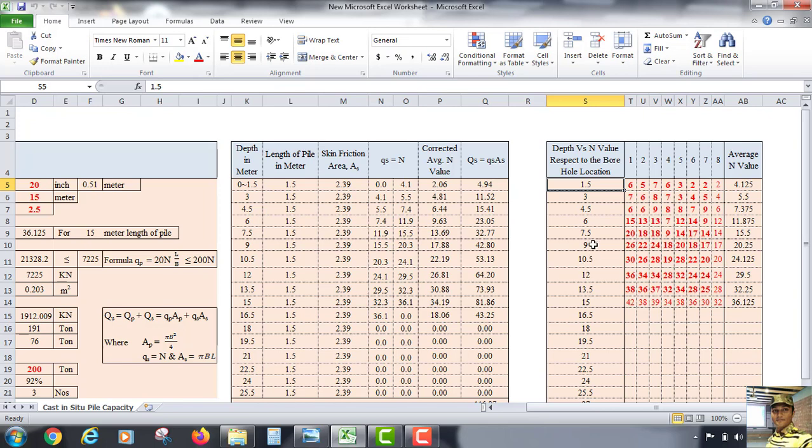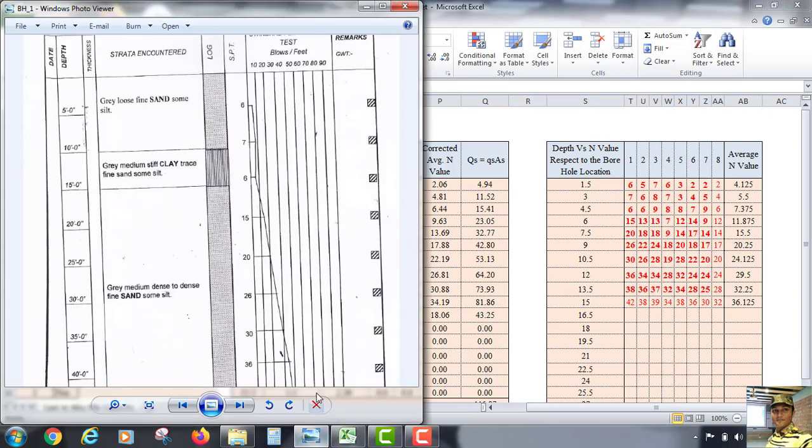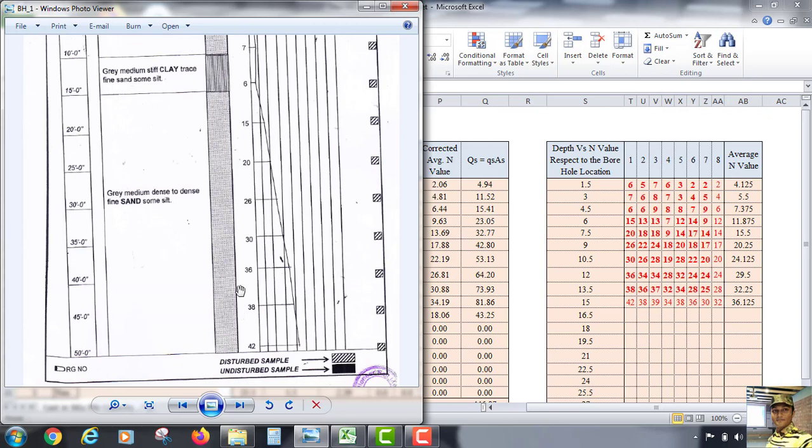From 1.5 meter the SPT values are 6, 7, 6, 15, 20, 26, like this. These values are taken from here with respect to the depth of boring.